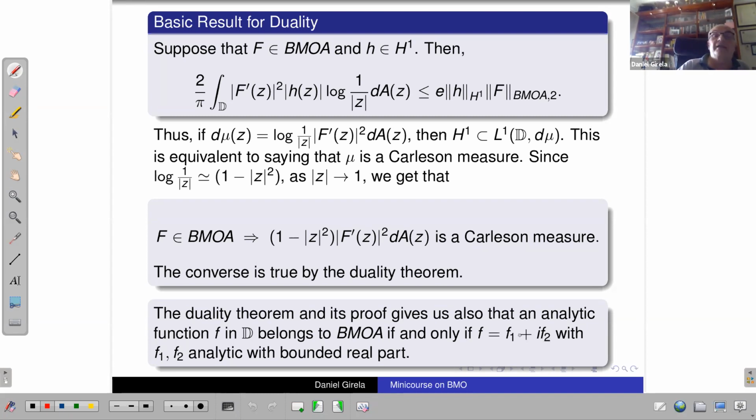So more or less, this is an idea of the proof of